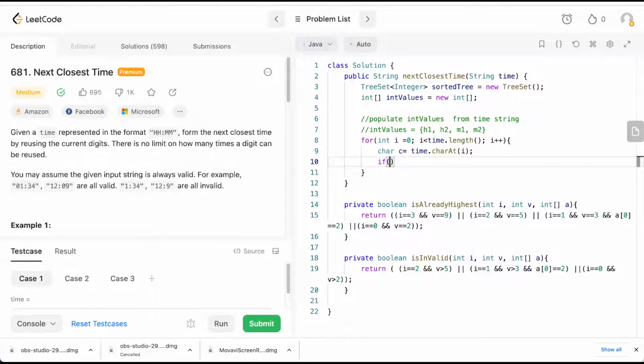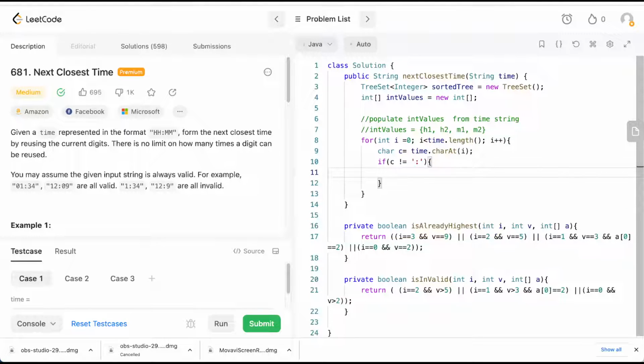And one more thing, since time is having this colon, I need to ignore this colon. So if C is not equal to colon, I should move forward. Let's keep the value into the string integer. I'm storing character as integer,